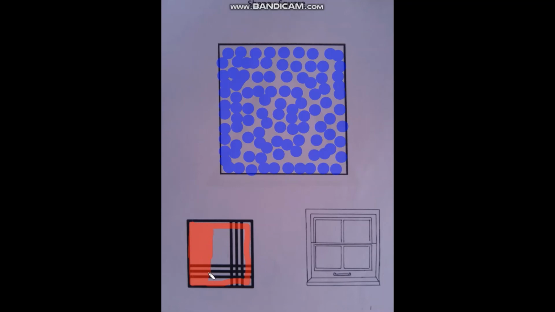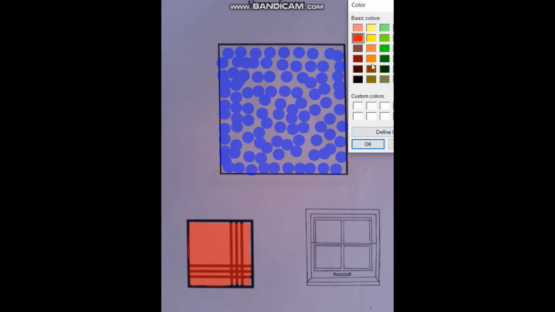Do you have your handkerchief? Just check. Is that square or circle? Yes, you all have your square handkerchief, hai na? Yes, we should always keep our handkerchief with us. Okay, now this coloring is going to complete. It's done. Now in the window, I will choose my color, yellow color.